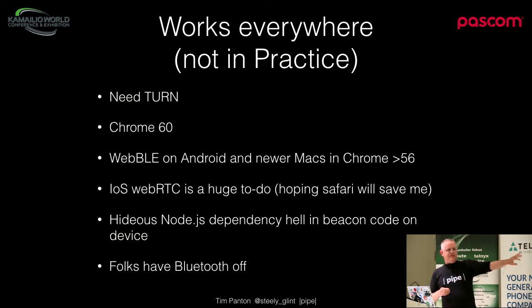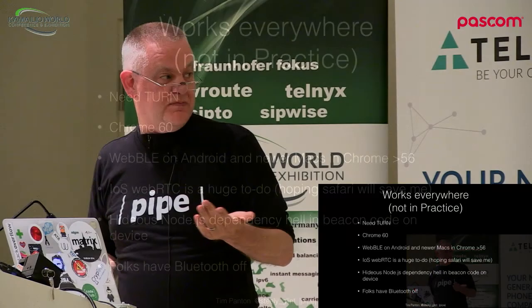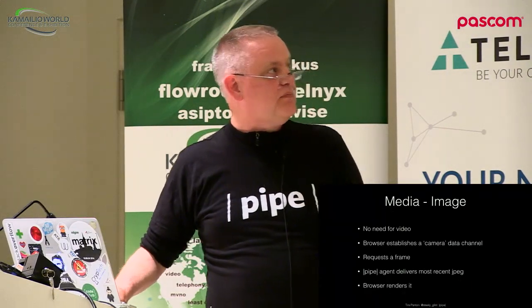Yeah, I'm kind of hoping Safari will do WebRTC, and I don't have to implement React.js, but whatever. And for the Bluetooth stuff, that's actually all Node, and it's a hideous dependency hell, which I'm hoping Dan might help me fix at some point. And actually, some users just have Bluetooth switched off, which does make life a bit difficult. Anyway,